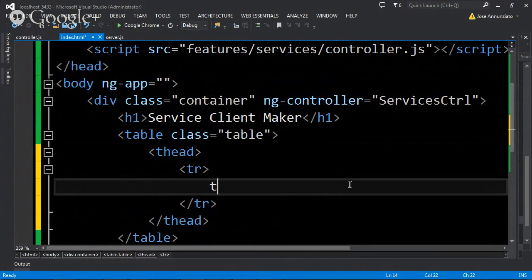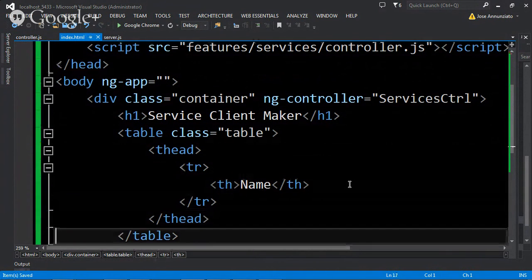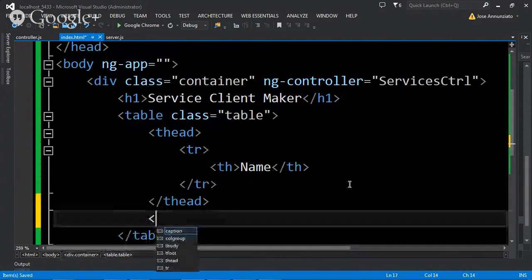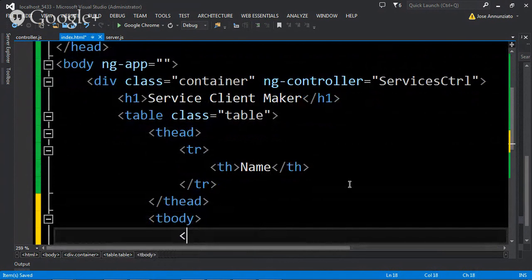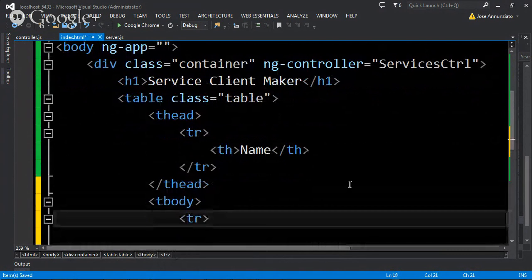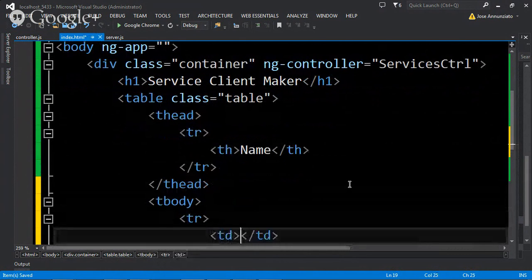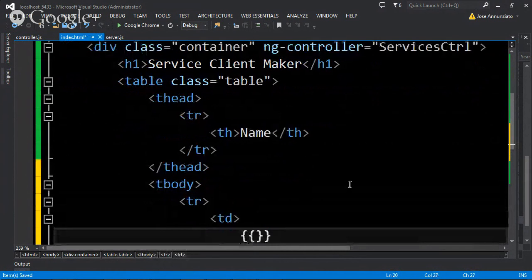I'm going to have a table head here, and this is going to be the name of my service client. Okay, and then down below I'm going to have a table body, and in it a table row, and in this table row a table data where I want to render the name of my service